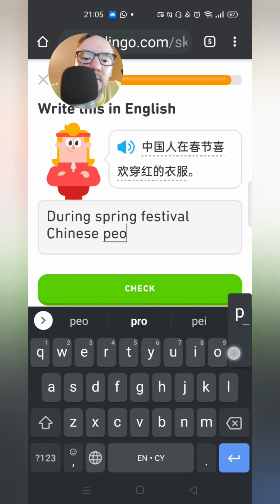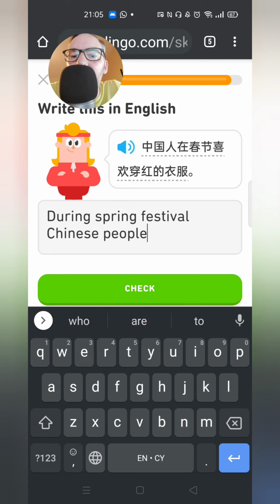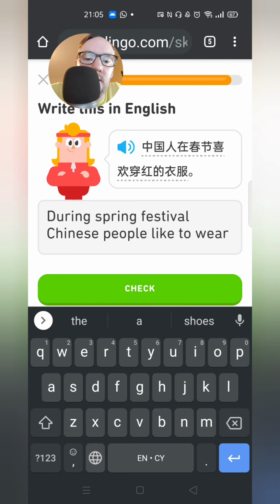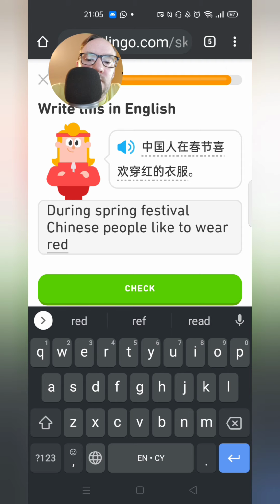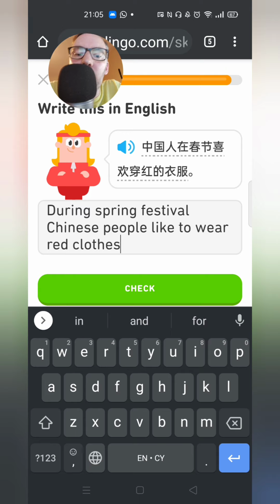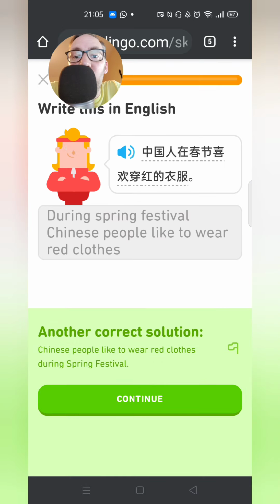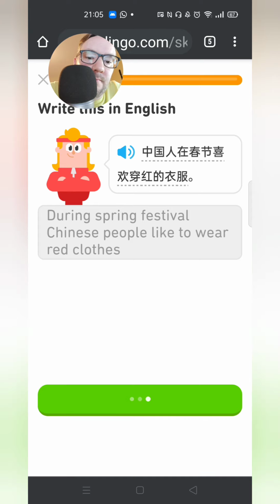Chinese people, I like my predictive text is in Welsh as well as English. During Spring Festival, Chinese people like to wear red clothes, and just more perfection. It's nice to know I haven't totally forgotten all my Chinese.